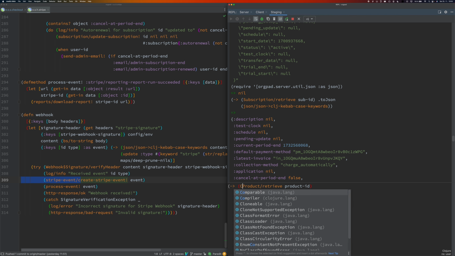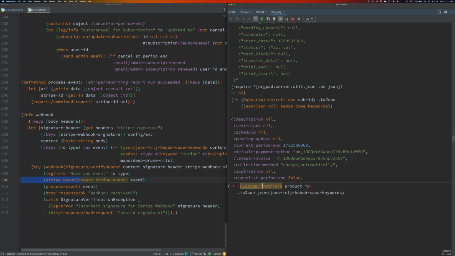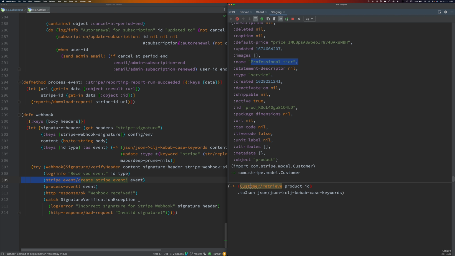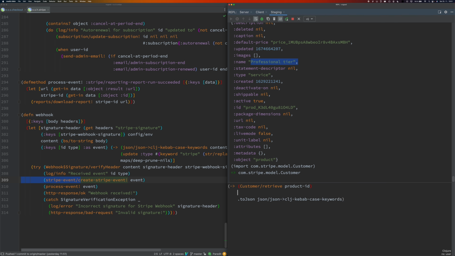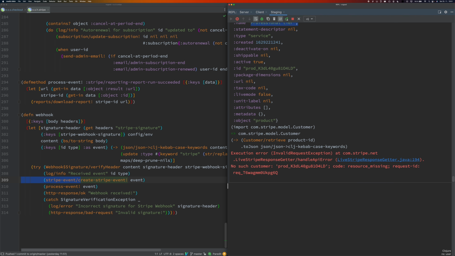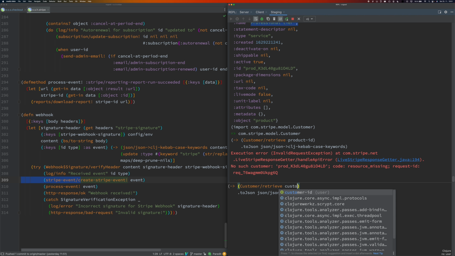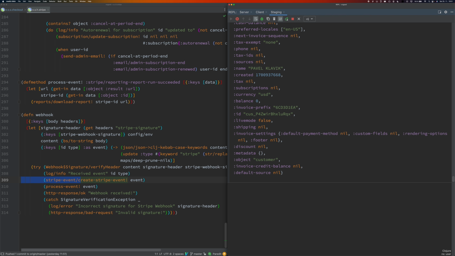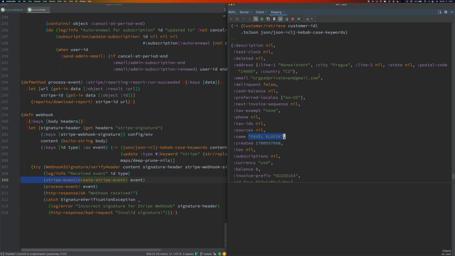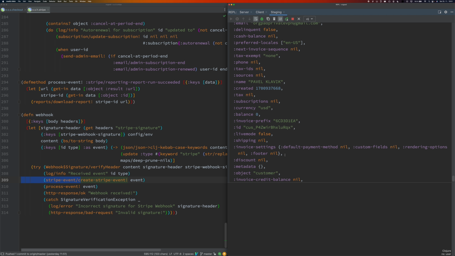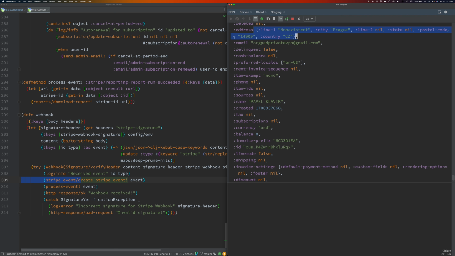I could also retrieve the customer. So let's do it like this, that customer ID. If I keep, for example, the product ID here, I should get some error from Stripe, that it cannot find this product ID as a customer. But if I query the customer ID, it will work correctly, and I get information like my name, my email address, the address I entered there, and some other stuff, and I can basically go and play with Stripe like this.